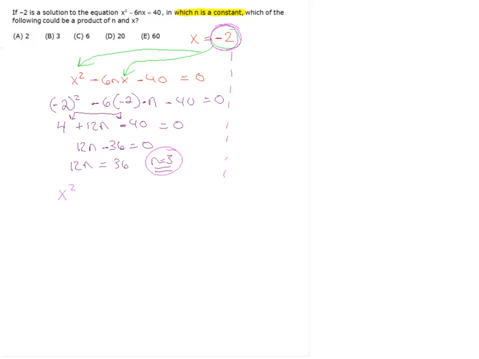Now, we can scroll down, actually, and if we plug n as 3, we get x squared minus 18x minus 40 is 0. Now, this is somewhat awkward of a quadratic, but if you really think about it, you see that we have x minus 20, x plus 2 equals 0, so x equals 20, and of course, we already knew x could be -2. So the possible value of n times x, we scroll back up to the top of the answer choices, is going to be 20 times